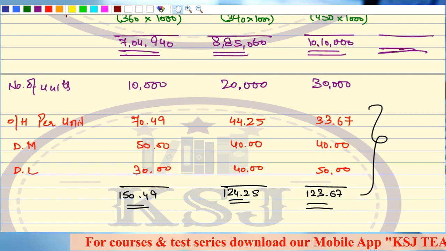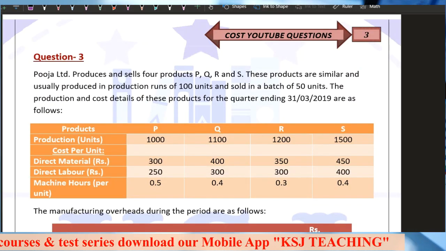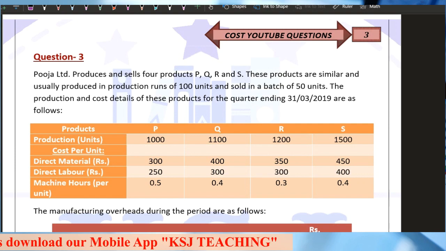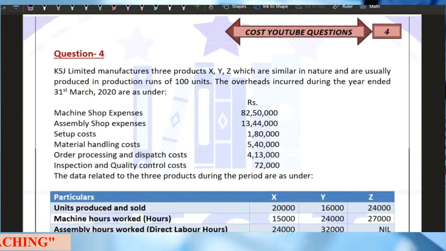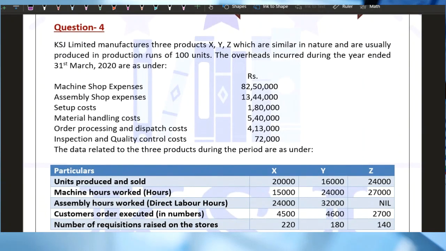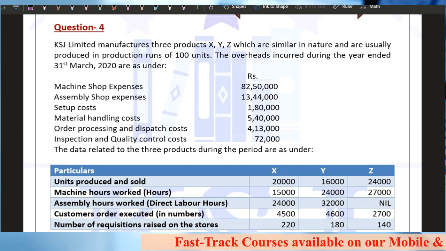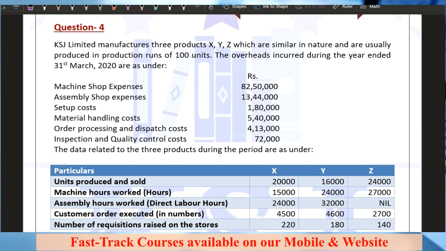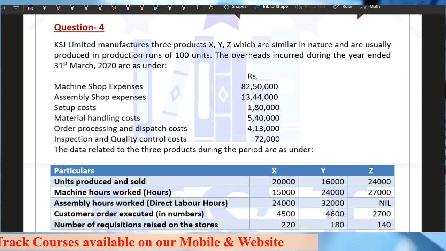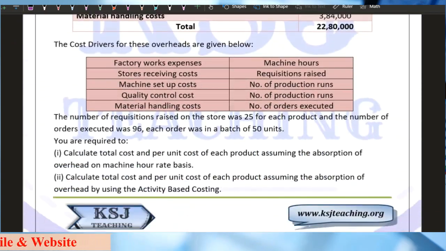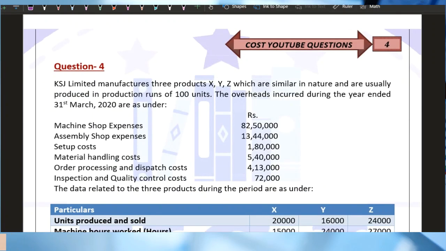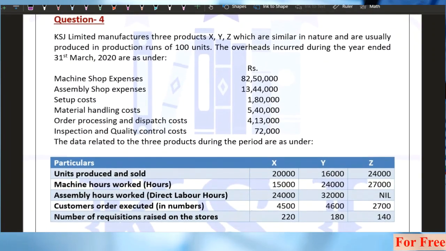In this lecture, we have to do 2 more questions on the practical part, so that nobody can complain afterwards that, sir, you are not doing the practical part, right? Even then, if you are complaining, then it is your problem, not my problem, right? Then you can go and study from somewhere else. Okay, now we have to do question number 3 and question number 4. So first I'll be attempting question number 4, then we'll come on to question number 3, right?